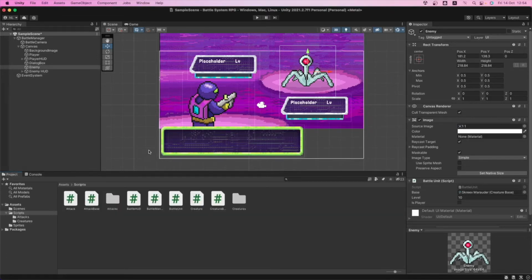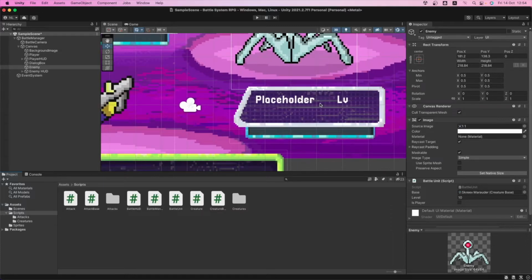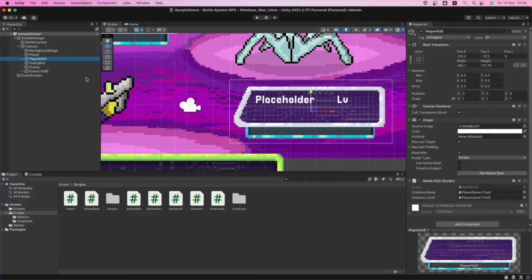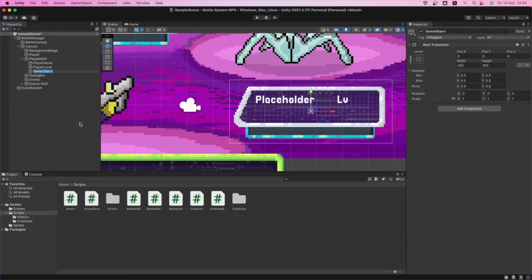Okay, so now let's go into building the health bar, and we're gonna start with adding some images. We're gonna need 3 images, one for the health bar image, one for its background, and one for its border. So let's go into the canvas or the player HUD, and inside player HUD, let's add an empty object that is gonna carry these 3 images, as I said. So let's go into create empty, and this is gonna be named HP bar full.